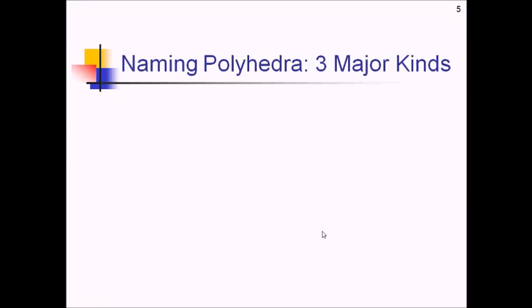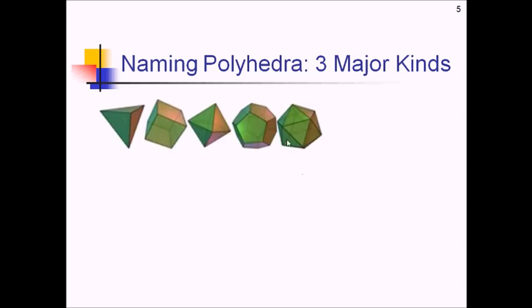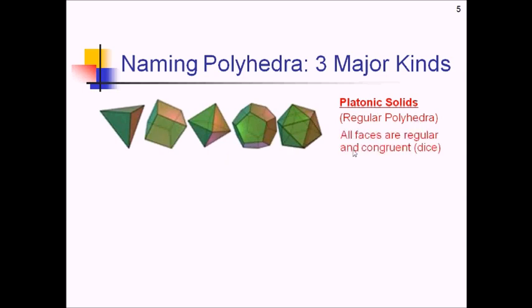At this point, we're going to start classifying polyhedra. To do that, we need to take a look at 3 broad classes of polyhedra first. The first big class is these guys here. These are called platonic solids, or regular polyhedra. These all have the characteristic that all of the faces are regular and congruent. So for example, these are all the same pentagon on this one shape, and every single side on here, every single edge, every single angle, they're all the same. So these are really good for using for dice so that you have an equal chance of landing on each